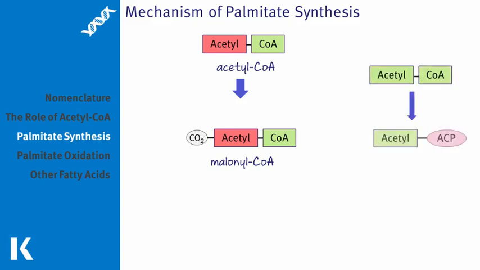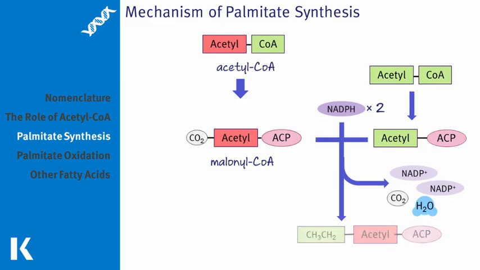At the same time, a molecule of acetyl-CoA is being bound covalently to a part of the fatty acid synthase enzyme called the acyl carrier protein, or ACP. The malonyl group is also activated in the same manner before the reaction proceeds. Then, 2 molecules of NADPH are used to reduce the acetyl group while the malonyl group is decarboxylated. In this process, these 2 molecules are combined. Take note that the acetyl from the malonyl, indicated in red on your screen, is beside the acyl carrier protein